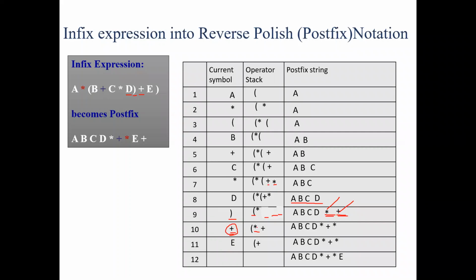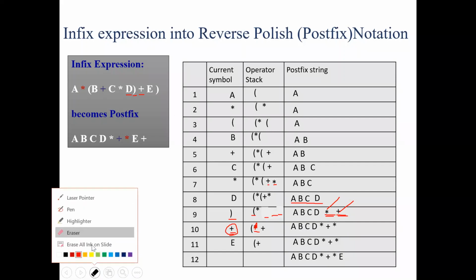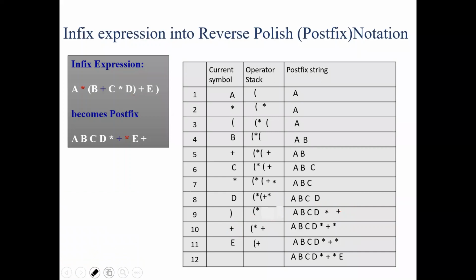Why didn't I pop? Popping is happening. I think I didn't remove this animation from here. Popping is happening after the addition symbol. Listen here, that animation had some problem. So here this was the condition. After this step we scanned an addition operator. When it is an addition operator, what do we have to do? We have to pop out and print the multiplication. So we printed it over here. I didn't remove it from here.